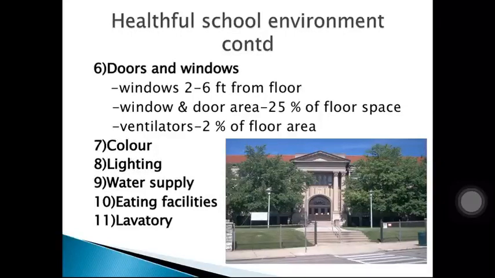And coming to the color, the inner walls of the school should be painted white so that it is bright, and the lighting should be natural lighting, so adequate natural lighting and adequate water supply. They should have their own independent water supply through piped water supply system with taps. Eating facilities should be provided for the school students, and a lavatory again is very, very important. So the recommendation is around 1 urinal for every 60 students and 1 latrine for every 100 students.